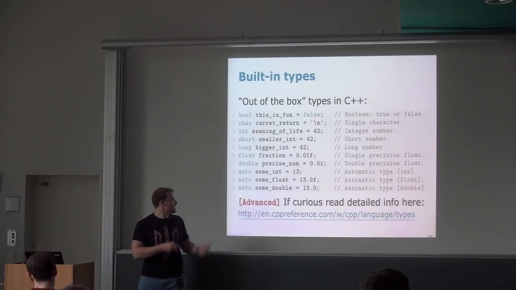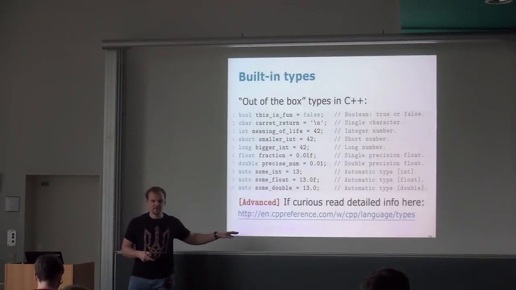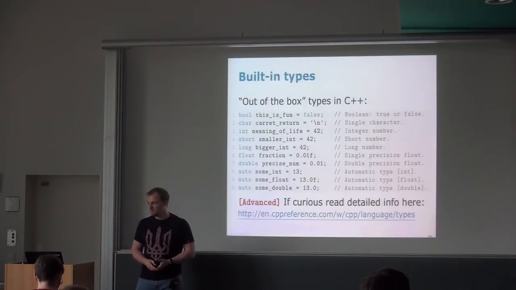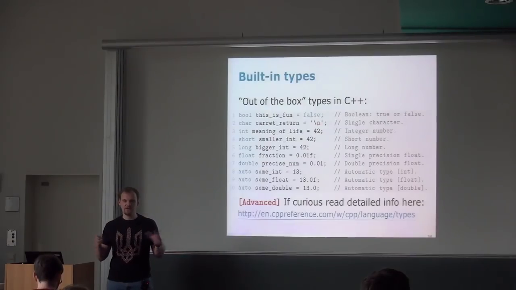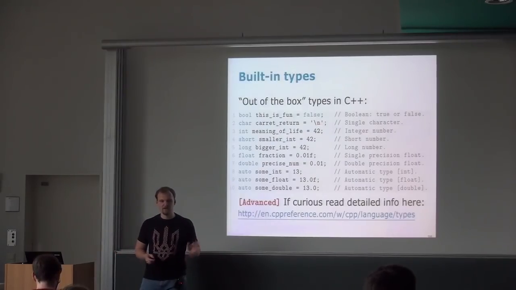And in this case, this thing will be evaluated to an integer, this thing will be evaluated to a float because we put an f in the end, and this will be a double because there is no f. So whatever you don't explicitly say is a float, it will be a double. That's it. And if you're curious, if you really want to dig into more details, feel free to do it. There's a link, just click on it when you get the slides and read on.